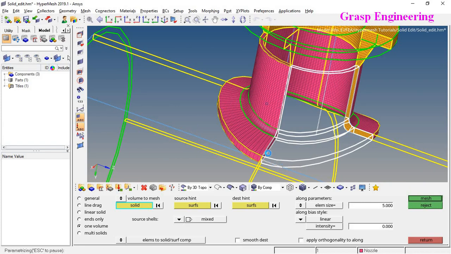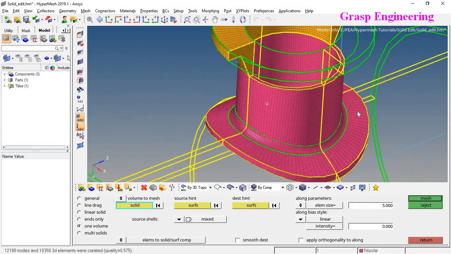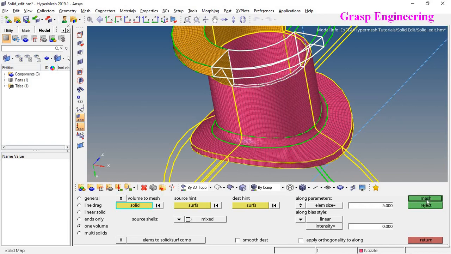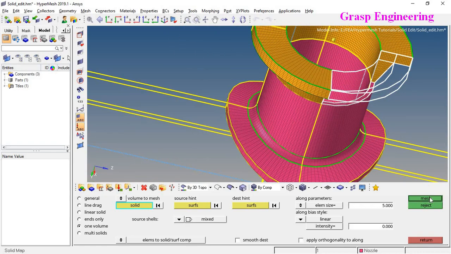Suppose you have created a different 2D mesh on this face and a different 2D mesh on this face. In that case this method will not work, because it should have the same mesh on either face. Now let's do a similar mesh at these faces, at these solids.